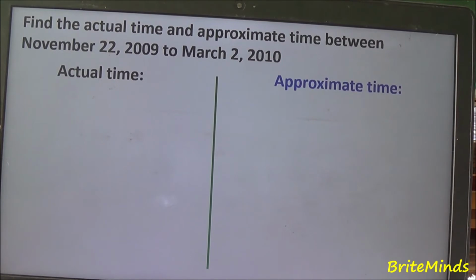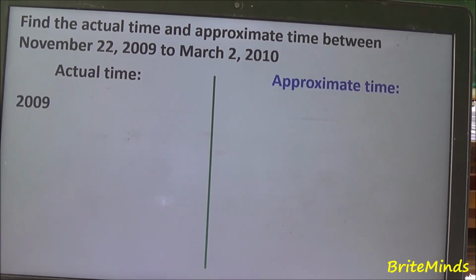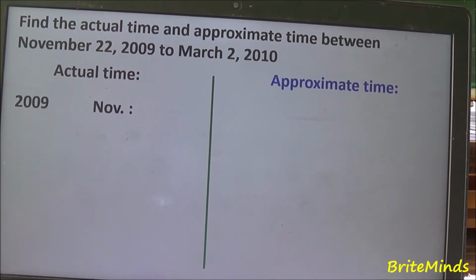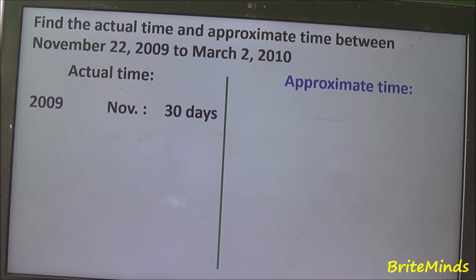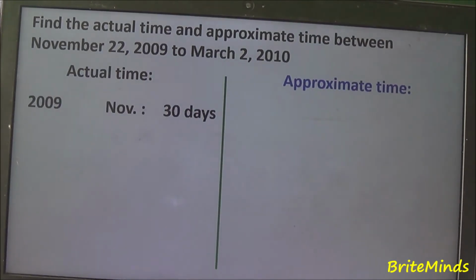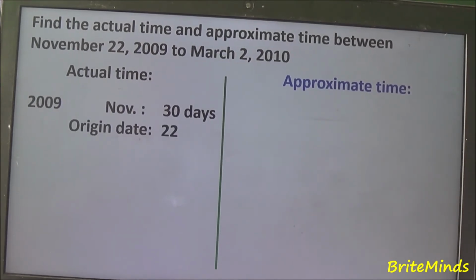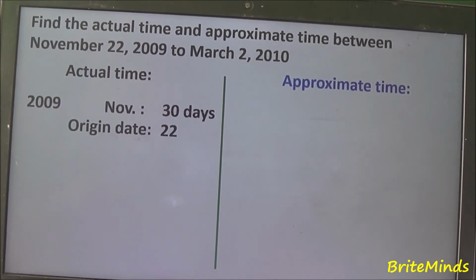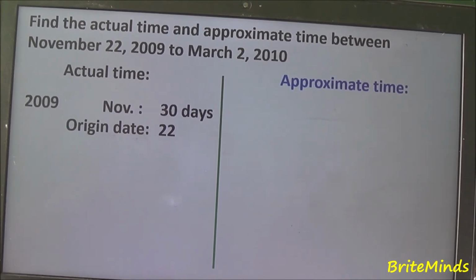So we start with the year 2009 and then the month, November. November has 30 days. And then the origin date is 22. And then we need to subtract the origin date from 30 days.